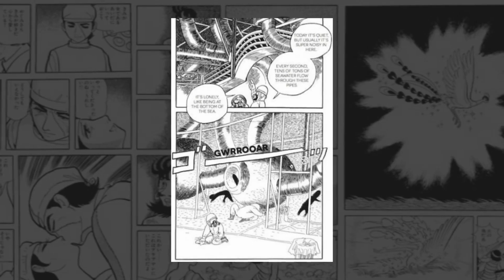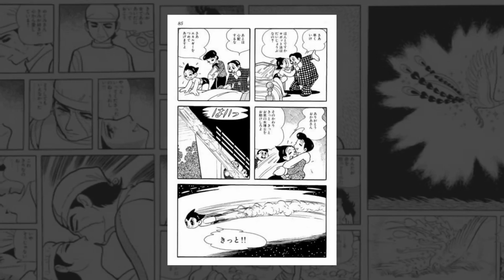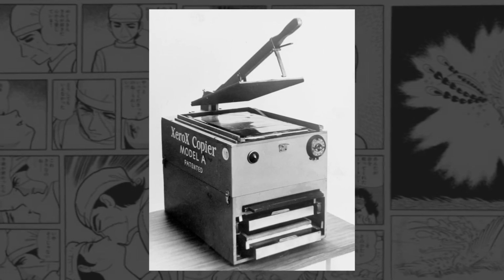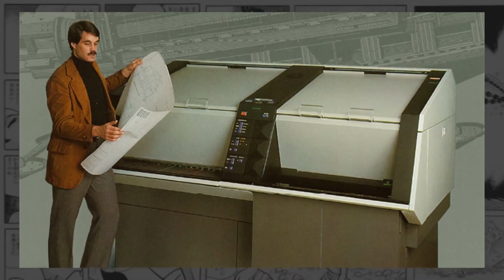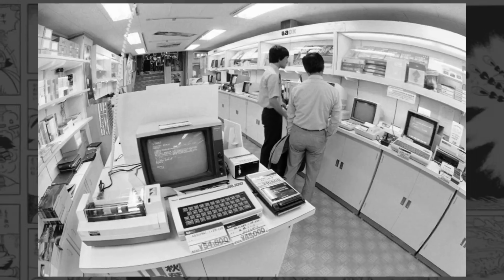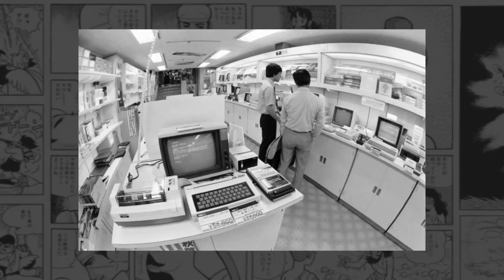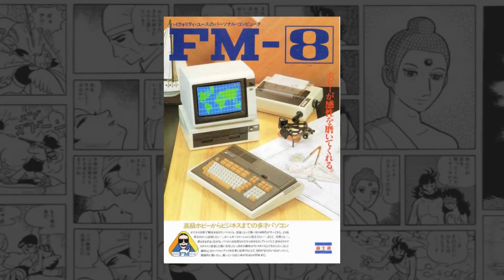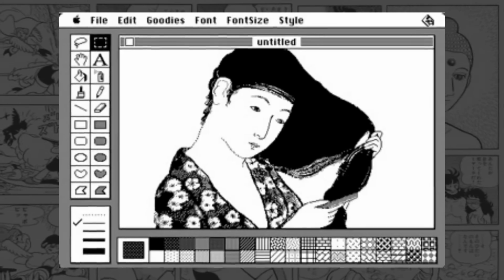Once completed, original pages of manga filled with the artist's drawings are then sent to publishers and photographed to create a mold into which hot lead was poured, or turned into offset printing sheets. In the 1970s and 1980s, the advent of photocopiers and desktop publishing revolutionized the manga creation process. Manga artists could now experiment with layouts, incorporate text more dynamically, and make edits with greater ease. The democratization of production tools allowed aspiring creators to self-publish and share their works independently, paving the way for a